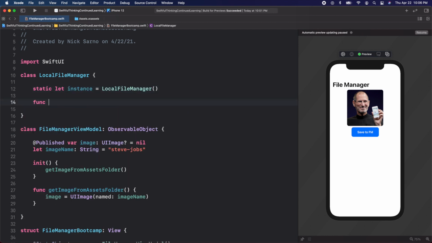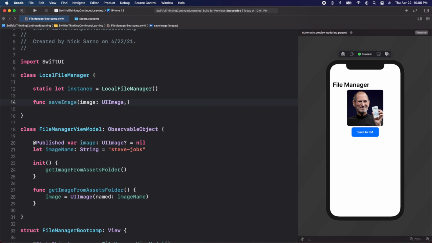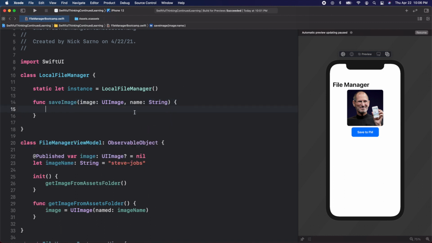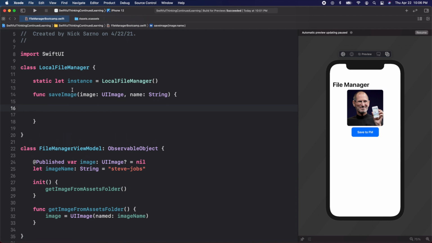Let's create a func called saveImage. And into this function, we're going to have to pass in an image, of course, which will be of type UIImage. And we'll need a name that we want to save it as. So we'll add name of type String. We'll go ahead and open the brackets. And when you save images to the file manager, you can't actually save a UIImage. Instead, we save the data for the image. So what we're going to do is call